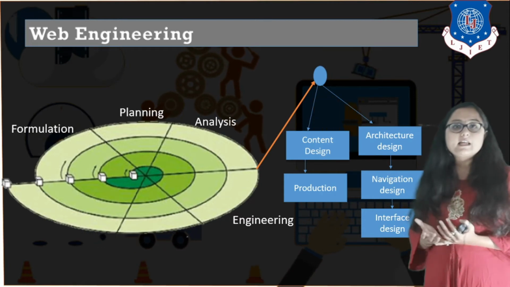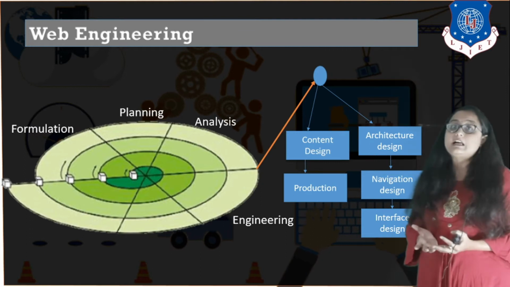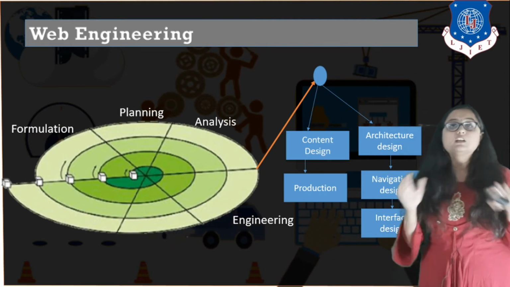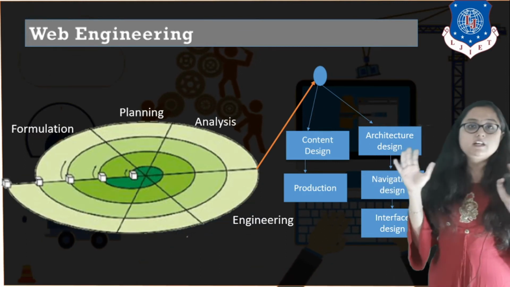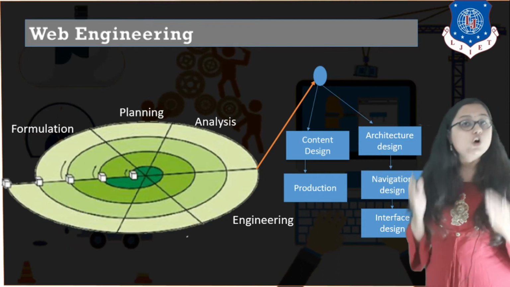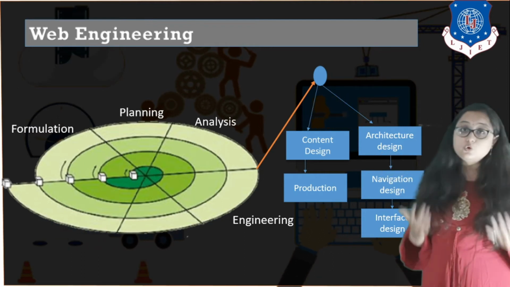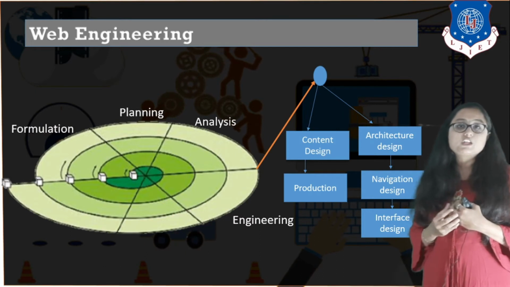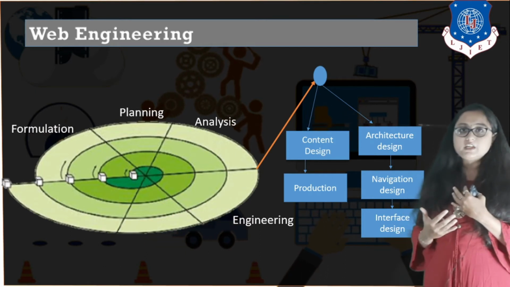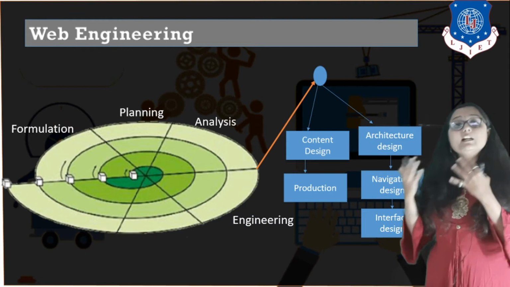So what is the overall architecture of the web application? The overall architecture of the web application includes all the layout, right? It means the user interface, how it will look, what are the different modules that you will include while developing the web application, how will these modules interact with each other, what is the database that you will